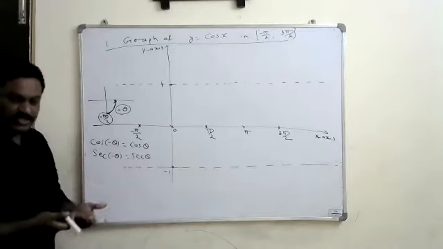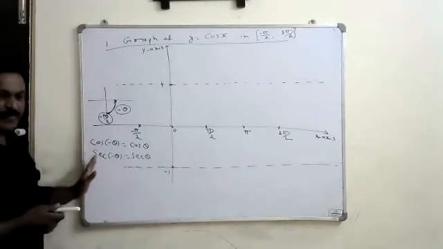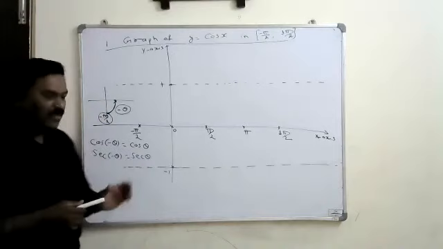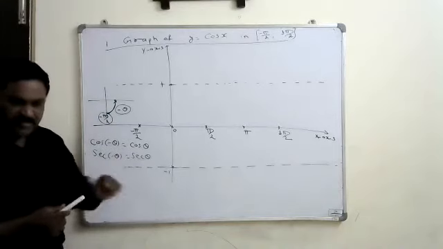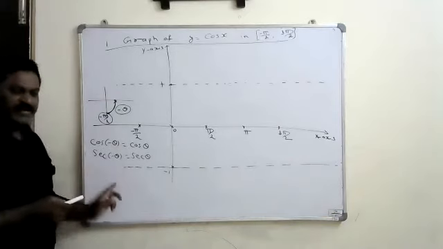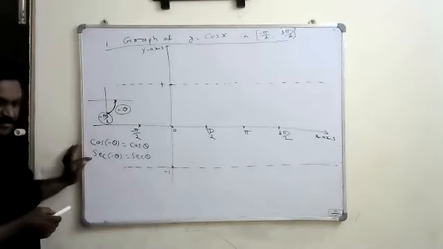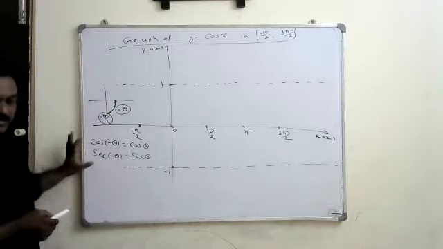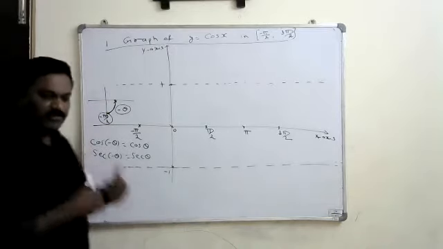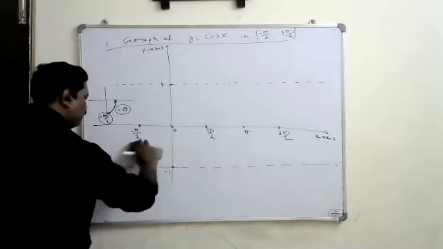But for the remaining functions, the minus will come out because those are negative. Sin of minus theta is minus sin theta. Tan of minus theta is minus tan theta. Cot of minus theta is minus cot theta. Cosecant of minus theta is minus cosecant theta. But for cos and secant, the minus will not come out. These two are positive in the fourth quadrant. That is another point you have to remember for the conversion.